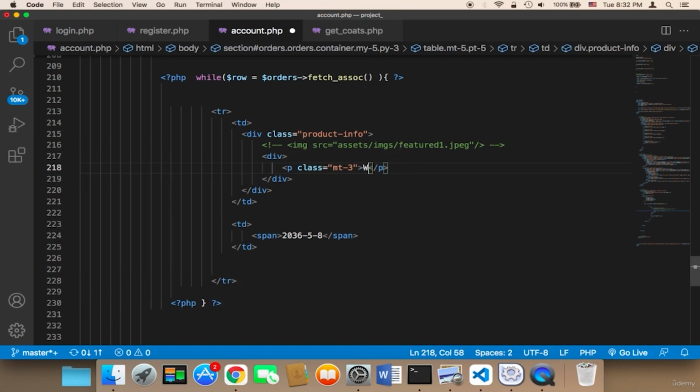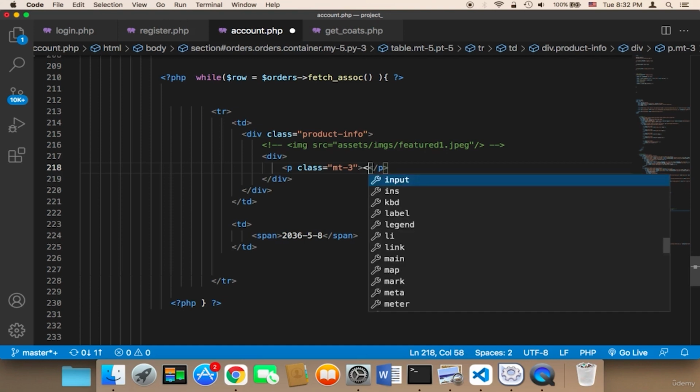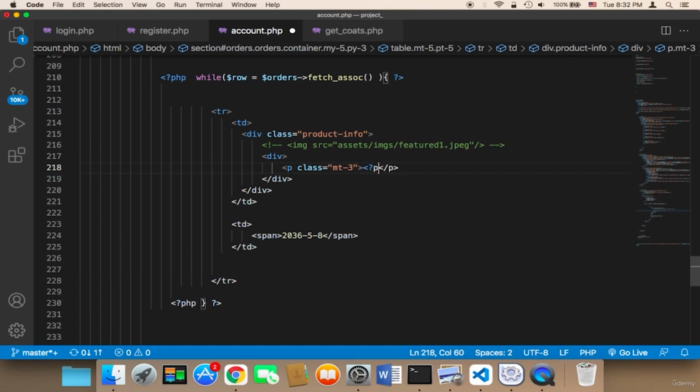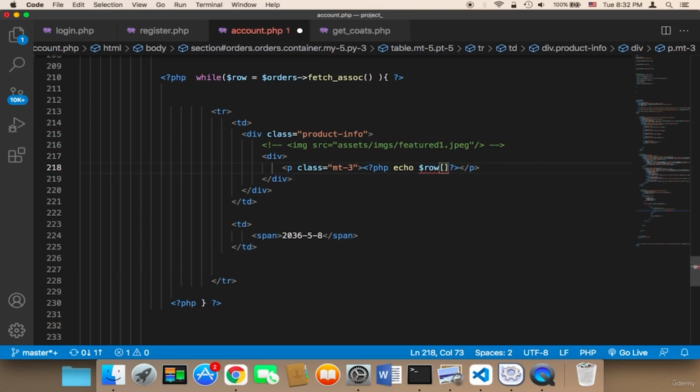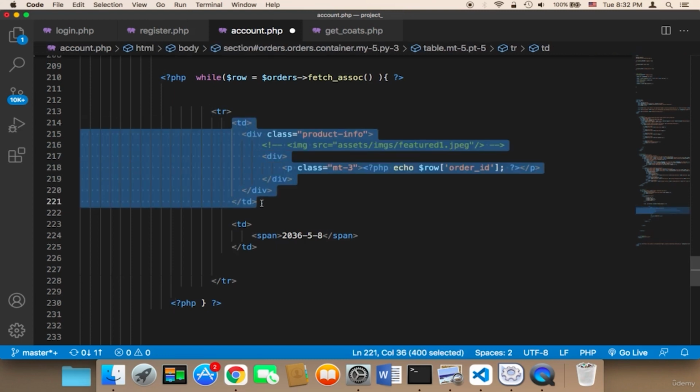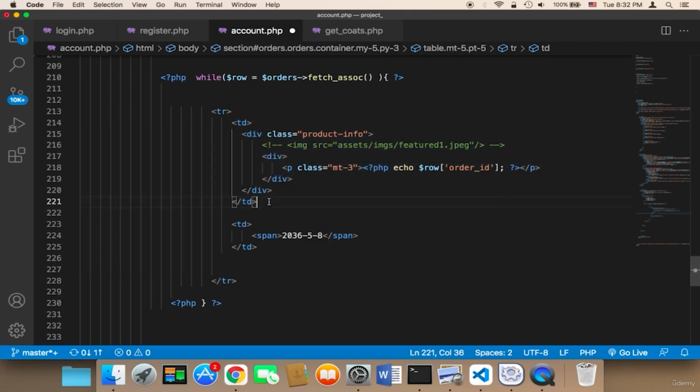Here I'm gonna display the order. I'm gonna say order ID, which is gonna be PHP raw echo raw order ID, order underscore ID. So this is for this TD, and then we want to create another TD